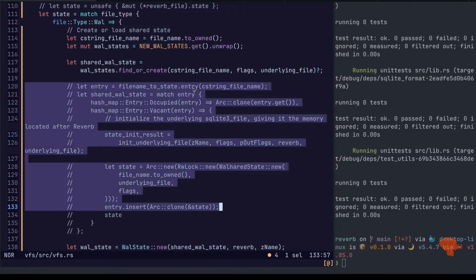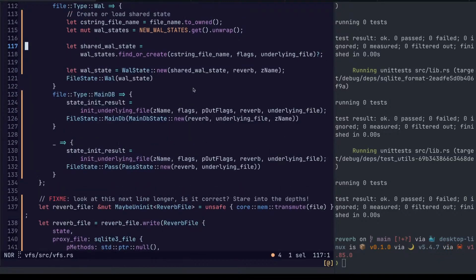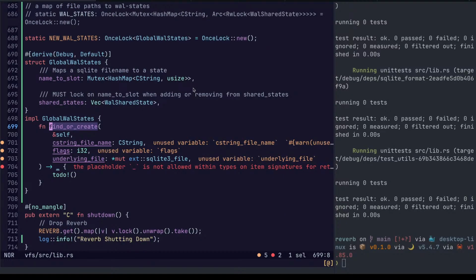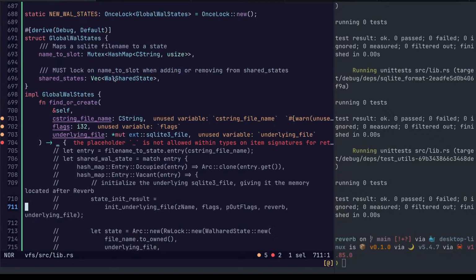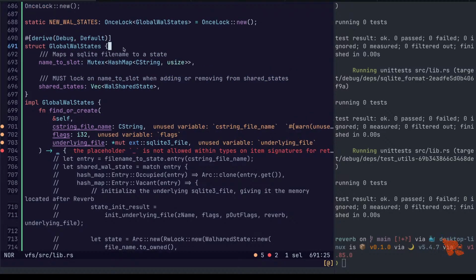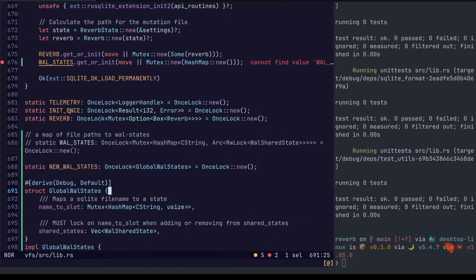This basically goes over there. Something like that. Now, we also want a reference to reverb, which we have here. This is in this little jail cell so that it can be shut down.